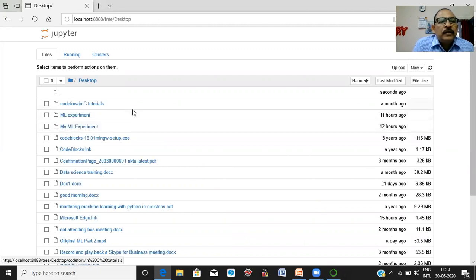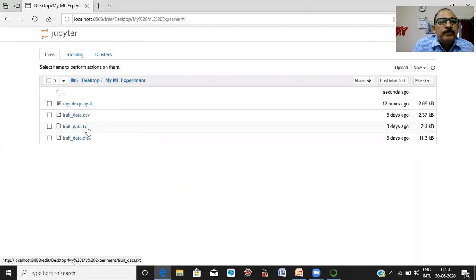Select the directory on the desktop, my ML experiment, the name of the directory where we have written the program.